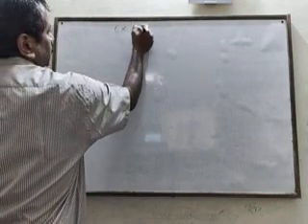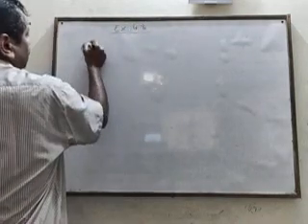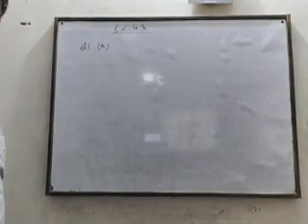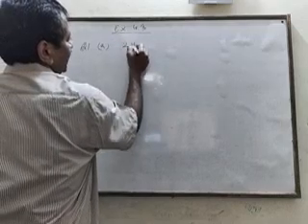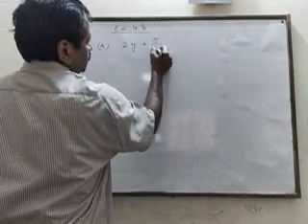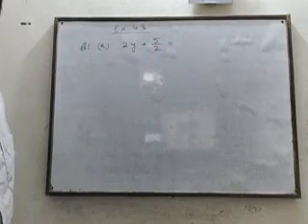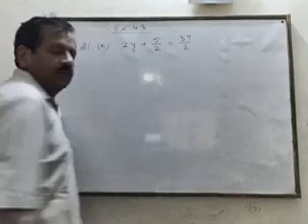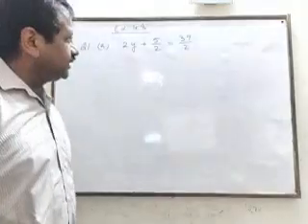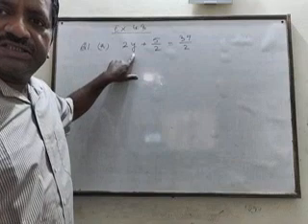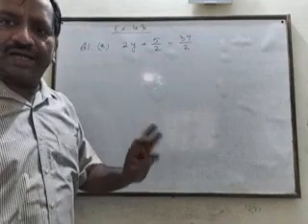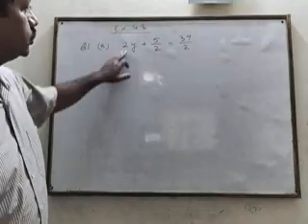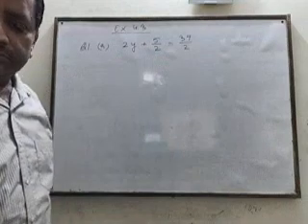Here it is, first question, first part, exercise 4.3, question number 1, A part, that is given: 2y plus 5 upon 2 is equal to 37 upon 2. And children, please remember to use only the small alphabets in algebra. x, y, z, a, b, c. Use only the small letters. So 2y plus 5 upon 2 is equal to 37 upon 2.